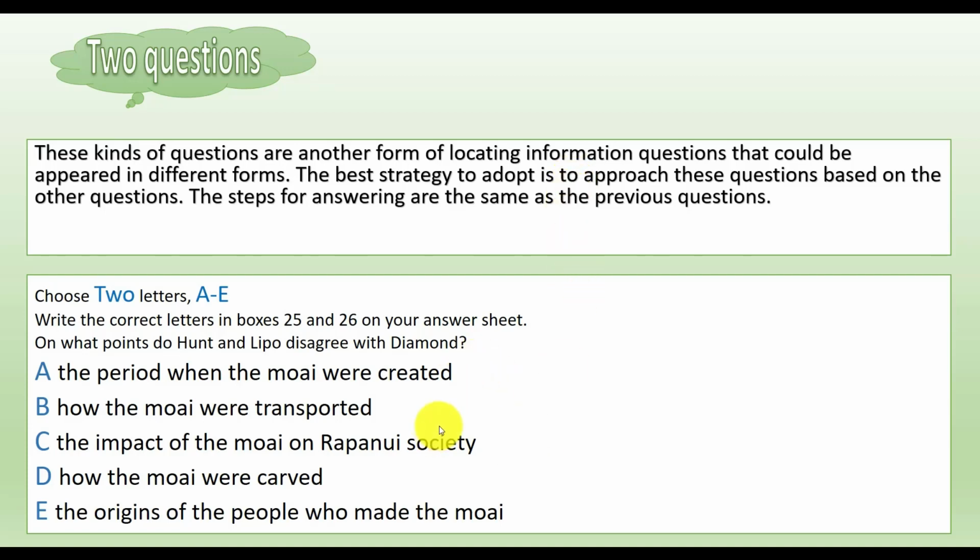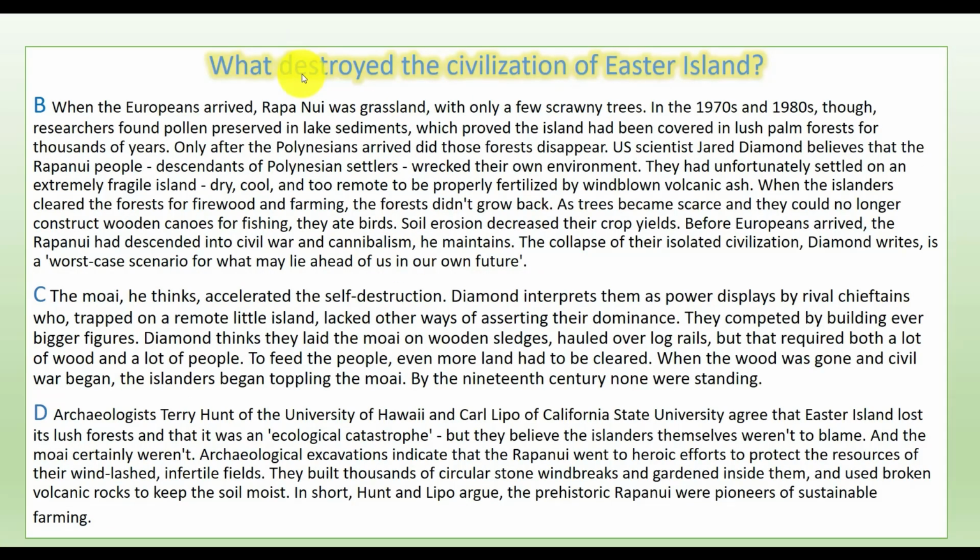These questions are very similar to "which paragraphs contain the following information," but the good strategy to adopt for answering these questions is to act based on the other questions. Now I have the previous passage that we answered hidden questions for, the civilization of Easter Island, and I'm going to show in these slides that you can have an idea of what the passage is about after answering some type